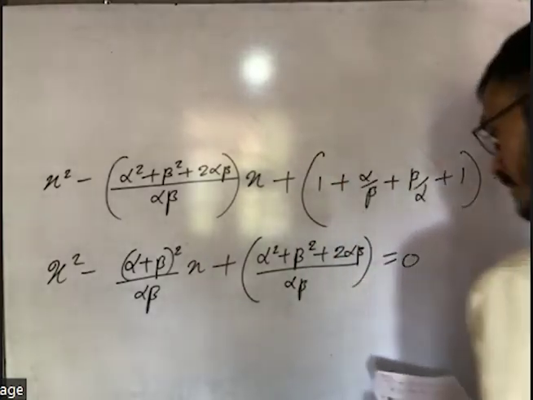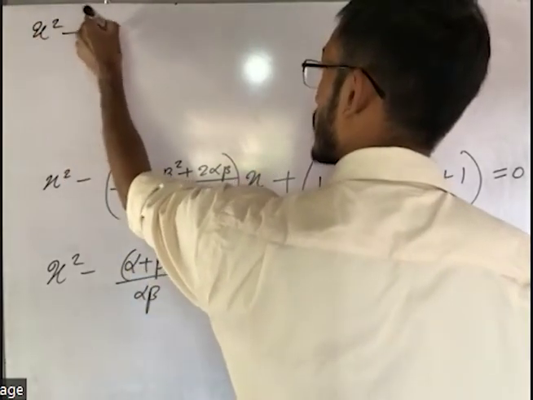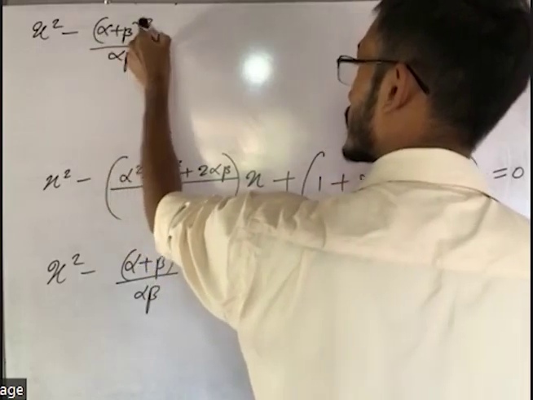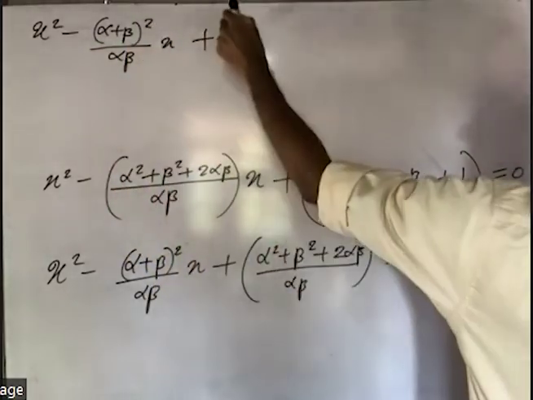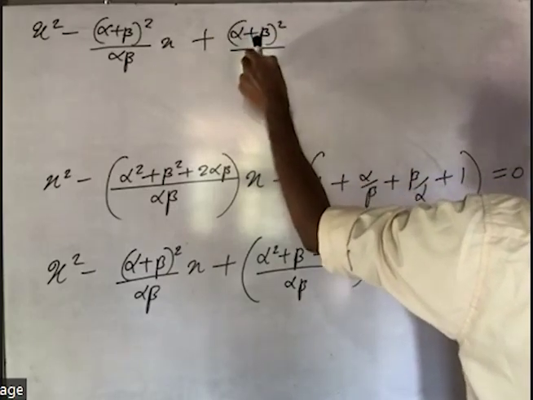Then we can write down x square minus alpha plus beta square of the whole thing over alpha beta into x plus this part we can simplify as alpha plus beta square of the whole thing over alpha beta